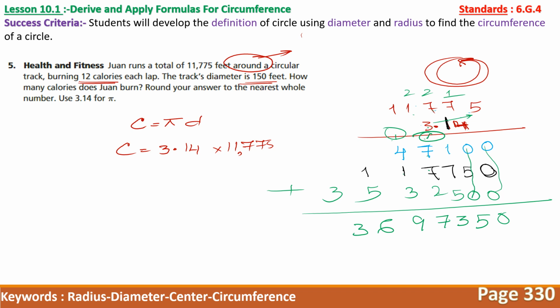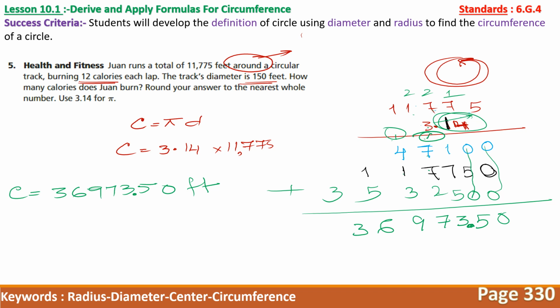So our answer, now before this don't forget to put the decimal after the 2 digits from right to left. So here is the decimal. So C equals to 36973.50, and it is feet. Now this is the circumference. So in one lap